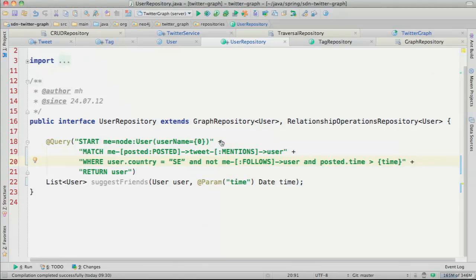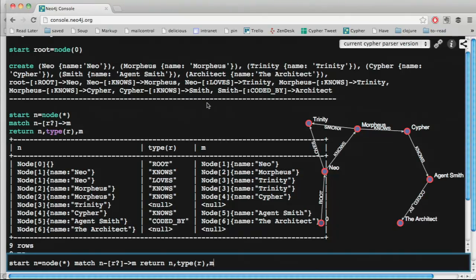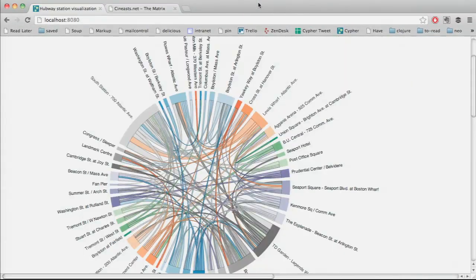Okay, and then we can actually look at the, let's see. Or did I not have the tweets here?